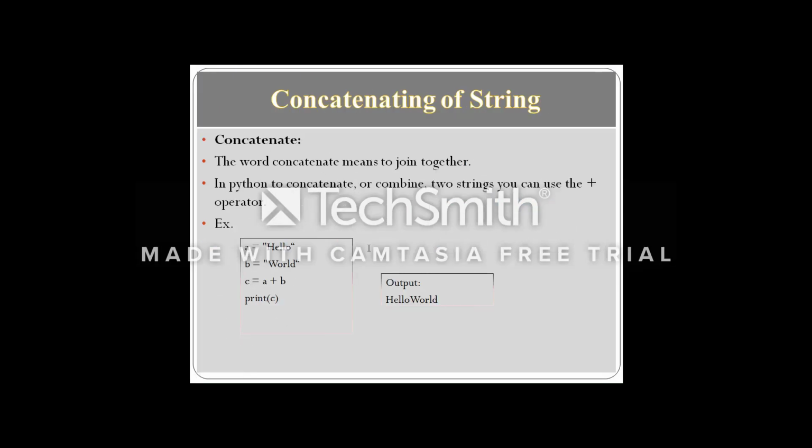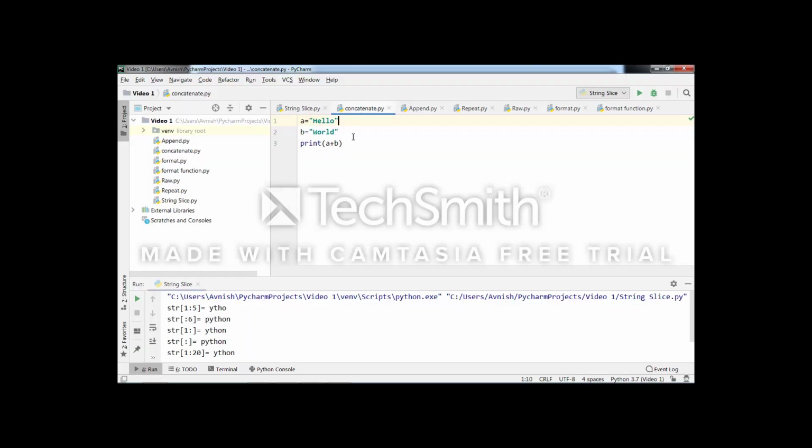Now we will see the next point, concatenating of strings. The word concatenate means to join together. In Python, to concatenate or combine two strings, you can use the plus operator. Let's see that example on the console. Suppose A is my variable, and in that variable I have stored the string hello. B is my second variable, and in that variable I have stored the word world.